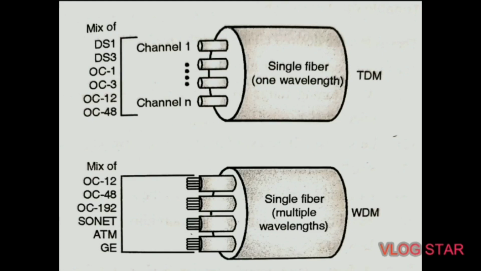Okay, so then let us see what is the actual difference between FDM and WDM, and second the difference between TDM and WDM. First, let us see the difference between FDM and WDM. While somewhat similar in nature to the frequency division multiplexing process, wavelength division multiplexing does not make use of standard radio frequencies to configure the various signals. Instead, the method will translate the signal into infrared wavelengths that are all part of the electromagnetic spectrum.